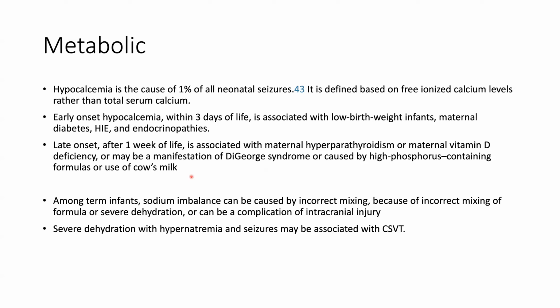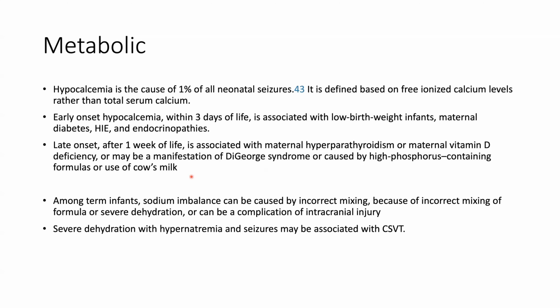Severe dehydration with hypernatremia and seizures may also be associated with cerebral sinovenous thrombosis, because all these are interlinked, right? Severe dehydration may lead to hypernatremia, and both these become risk factors for increased blood viscosity, and they can produce sinovenous thrombosis, and this can lead to seizures independently as well as acting in unison, right? So CSVT leads to encephalopathy that may lead to decreased feeding and then dehydration and hypernatremia. This is a vicious cycle. That is why we think of risk factors rather than a single important cause for seizures in an infant, particularly in metabolic problems.